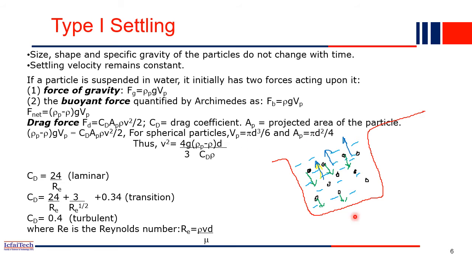If it is circular, then what will be the diameter of this tank? All these parameters come under the design of a sedimentation tank. As a civil engineer, our main objective is to design the sedimentation tank, which means you have to find out the dimensions of the sedimentation tank.